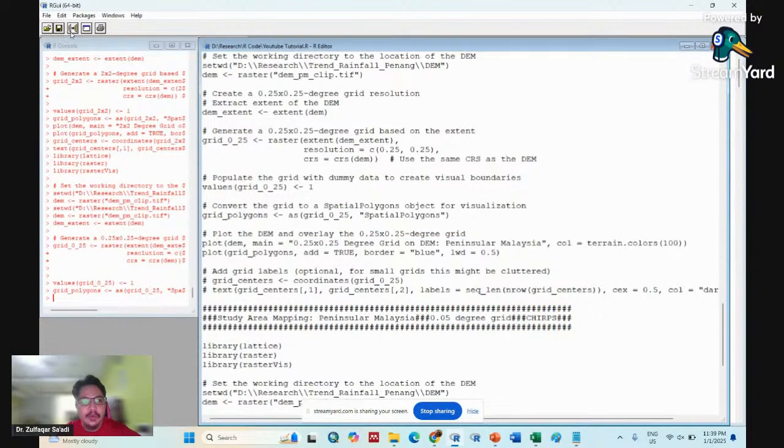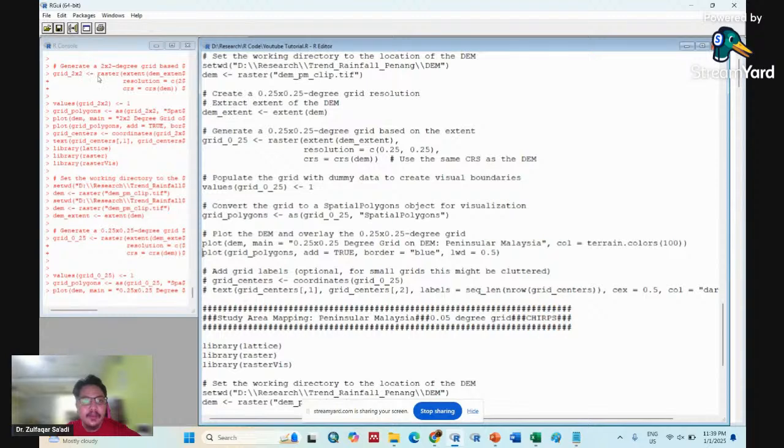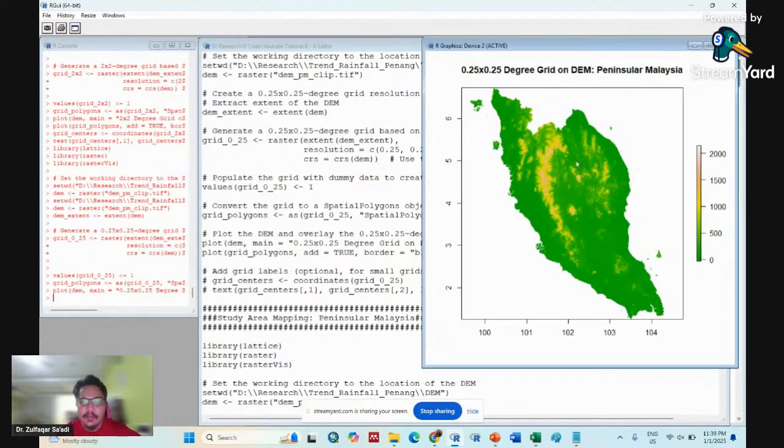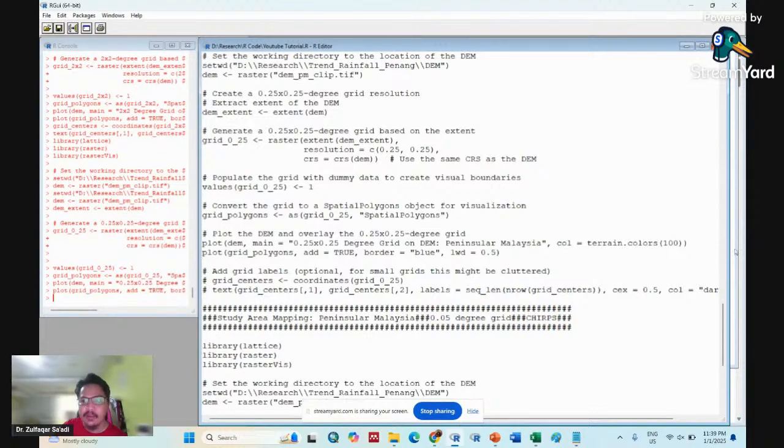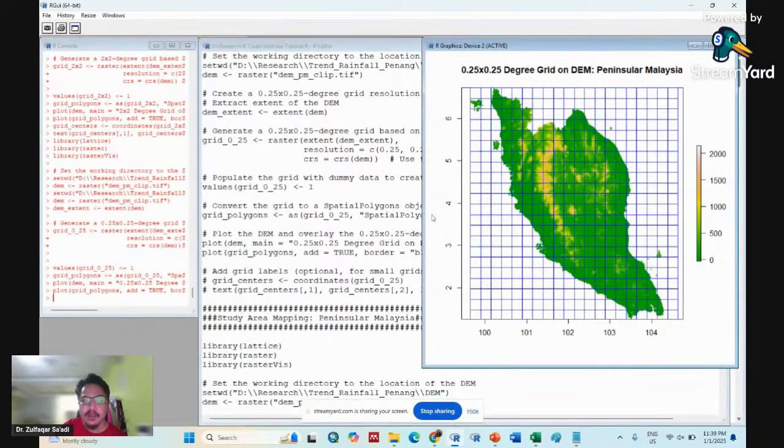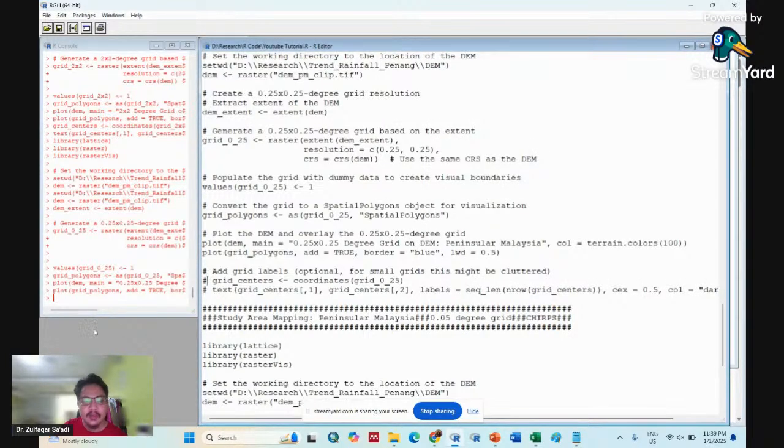So I make a plot here. So it will plot the DEM. But where is the grid? The next code will plot the grid, overlay it on the DEM. So I run this one. See it overlaid. So if I want to put the grid label, I can run this code down here